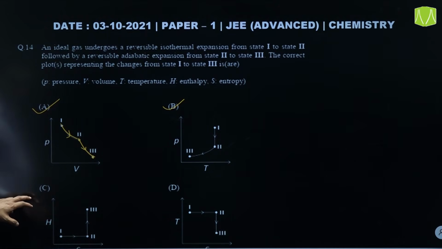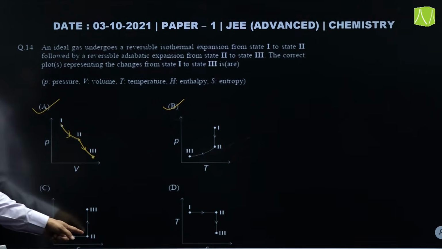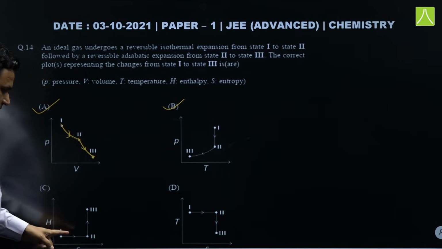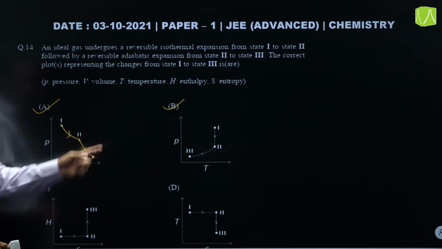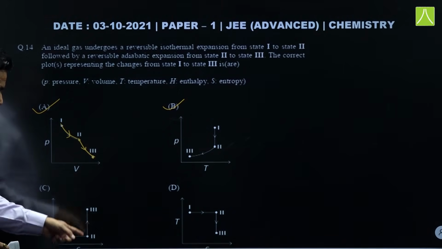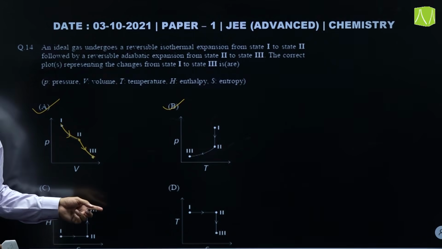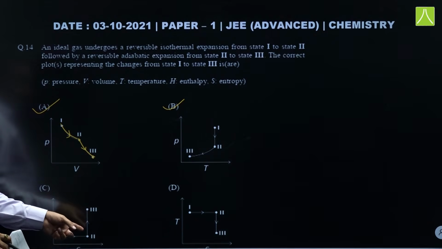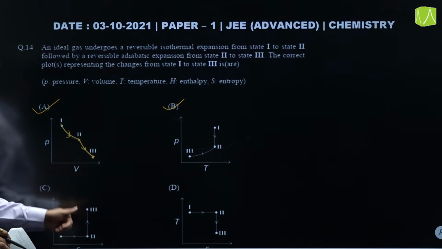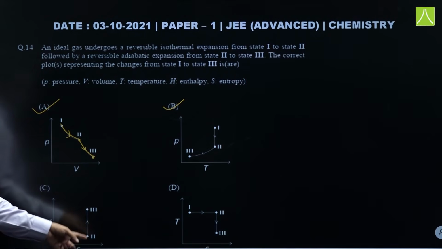C, the graph is between enthalpy and entropy. So, 1 to 2, enthalpy is remaining constant, that is isothermal, should be correct. 2 to 3, adiabatic means isoentropic. So, entropy should remain constant, that is correct. Sorry, temperature will decrease. So, if temperature is decreasing then enthalpy should be decreasing, but it is shown to us